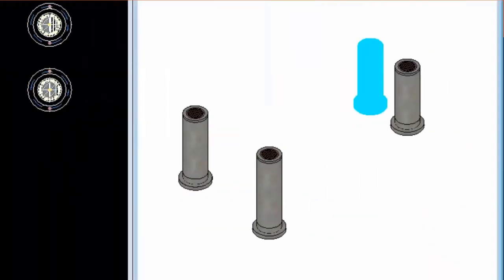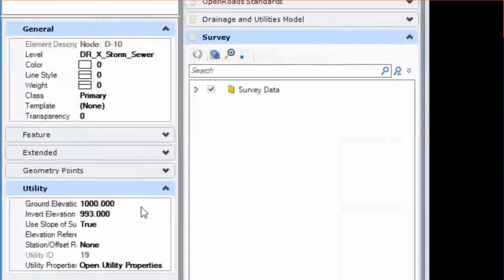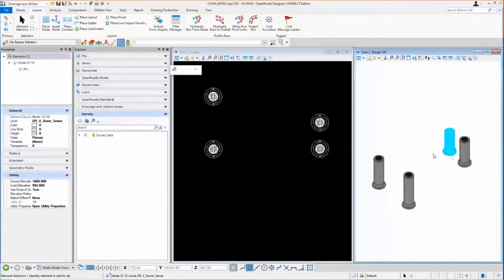So what's happened is that with the search radius of 10 foot, this one has found the first flow line point and used that for the elevation on this one. So the search radius is not just a depth, but it's also within a plan. So it's kind of a 3D search from the best I can tell. And if there's another point that falls within that radius, it's going to find the first one it finds. So if this should be 994, I can select this, and in its properties, I can change that to 994 and enter that, and then it's adjusted the elevation of that over here.